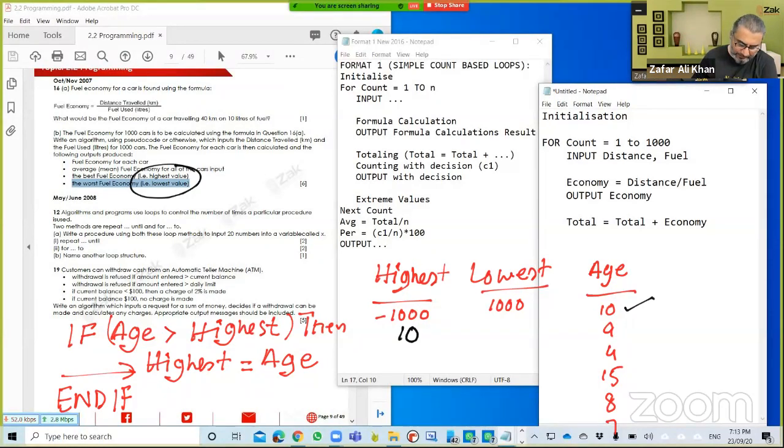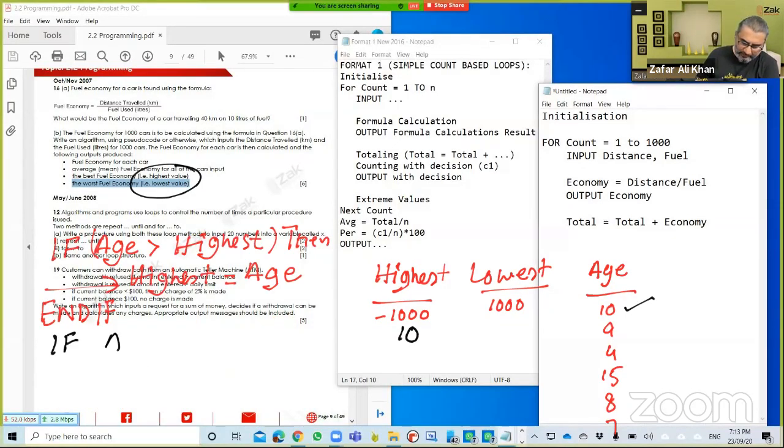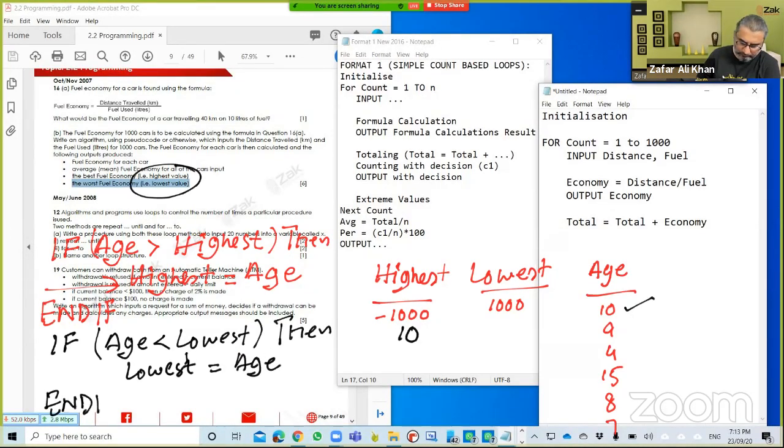इसी तरीके से हम एक और कंडीशन लिख देंगे, if age is less than lowest, then lowest is equal to age. अब आप देखिए इसी एज को जो आपने इस वक्त पिक की हुई है, दैट इज 10, is 10 less than lowest, lowest is at the moment 1000, yes it is less than lowest, so then lowest is equal to